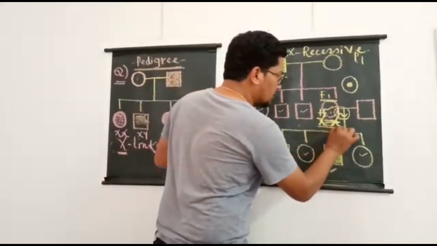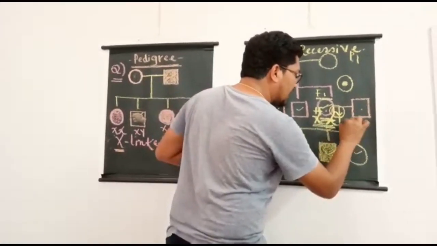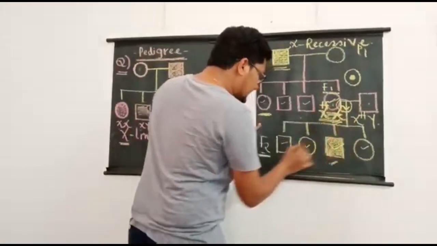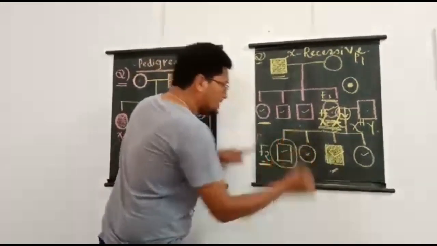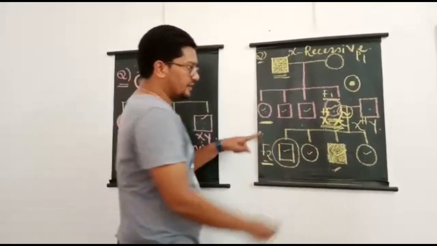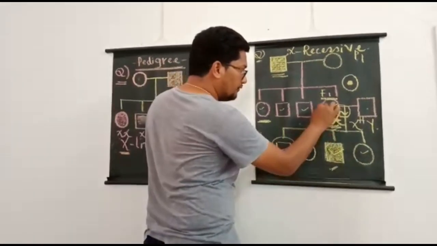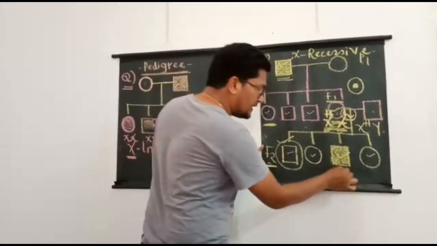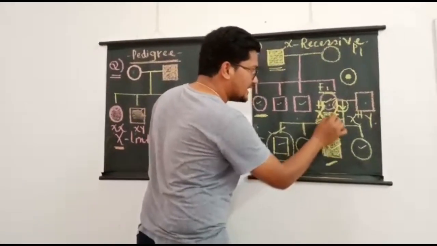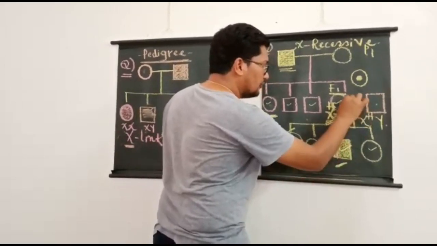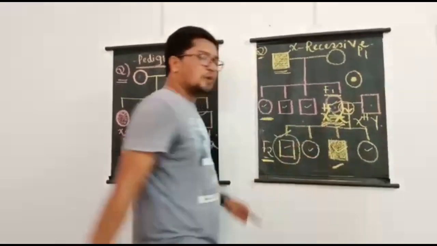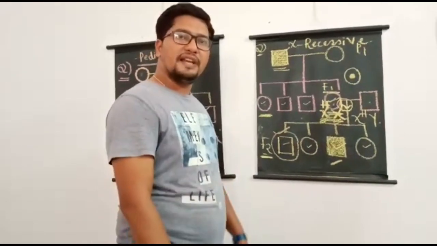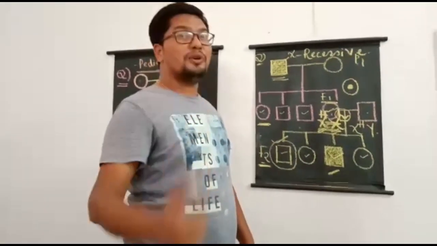It was her genotype, and she married a normal male. Normal male is like this. So that's why you see this son who is normal, he has received the X chromosome with dominant allele. That's why he is normal. But unfortunately, this male has received the X chromosome with the allele responsible for hemophilia, and he definitely suffers from hemophilia, and 1 allele is enough to give the expression.